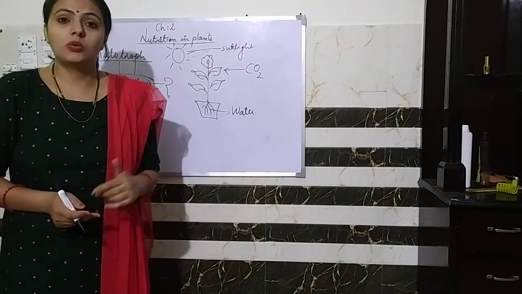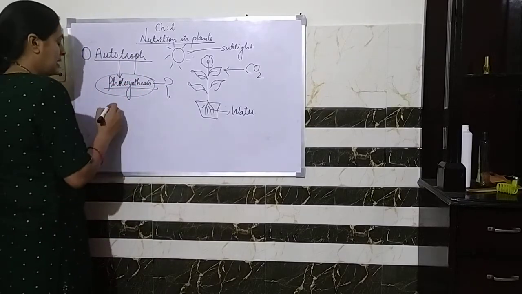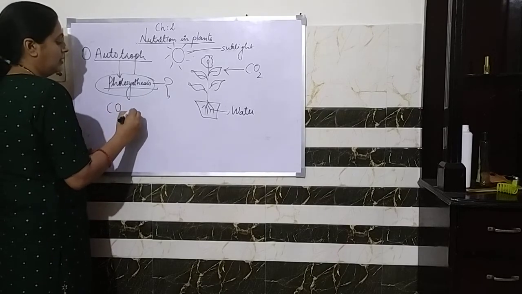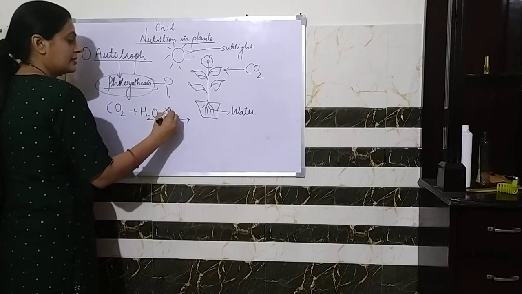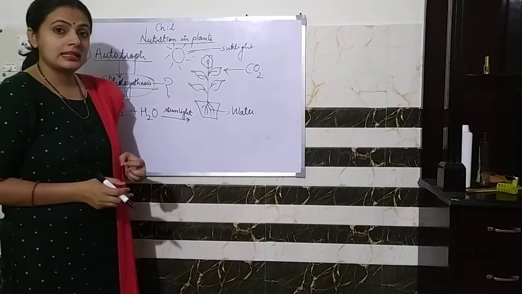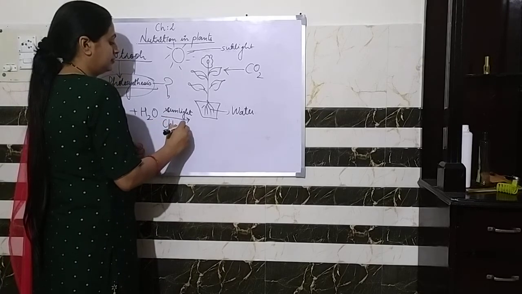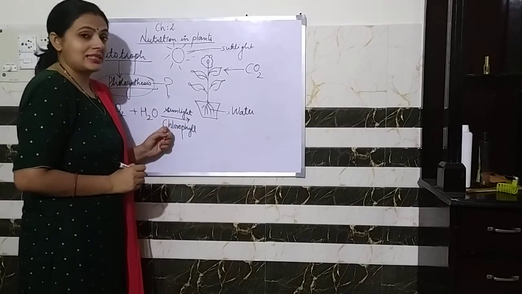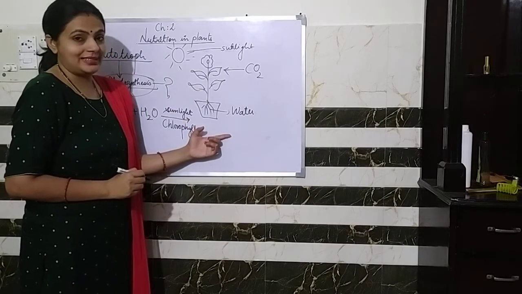If we talk about the chemical reaction of photosynthesis, so here is the chemical reaction. What do plants take? Carbon dioxide, water, in the presence of sunlight, and plants have an organ, that is the chlorophyll. Because of the chlorophyll only, the photosynthesis process is used in plants, green plants.